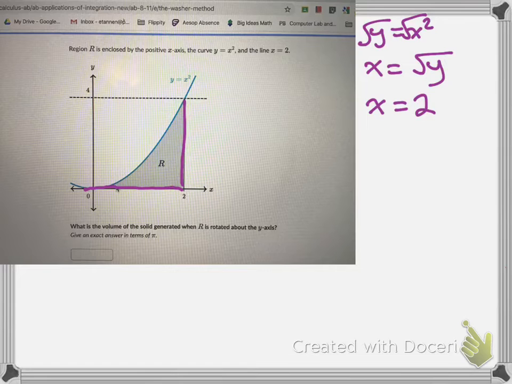So basically, the x equals 2, if you were to think about sort of taking this and spinning it on its side, right? Because we're going to be rotating it this way,